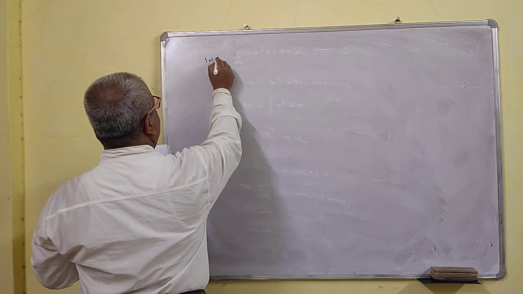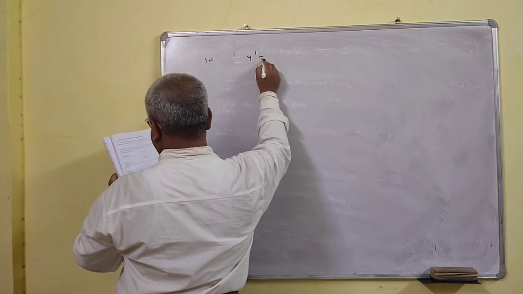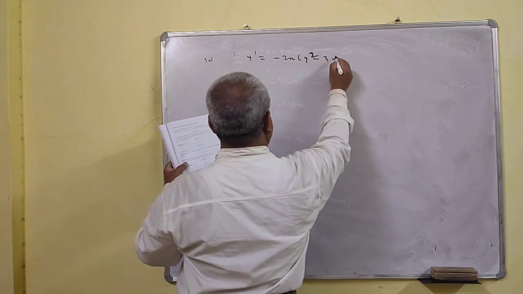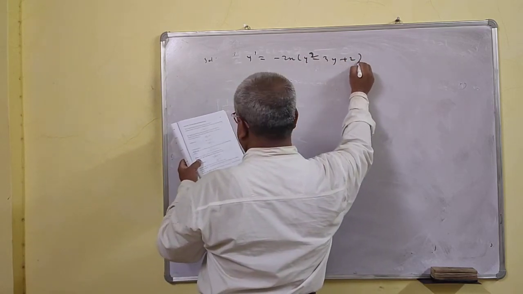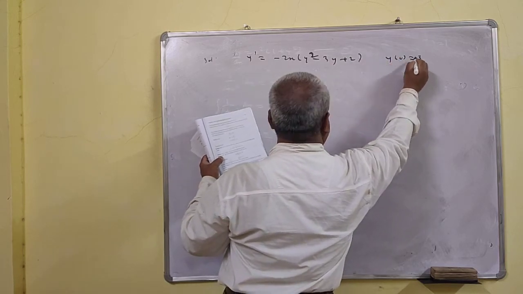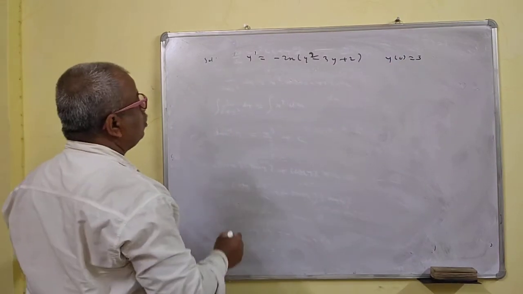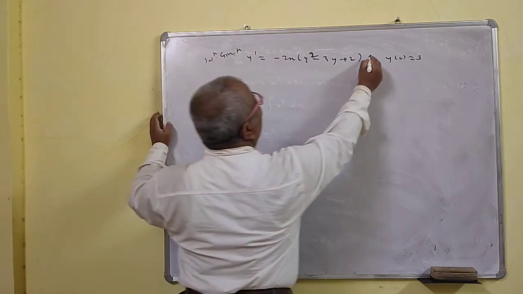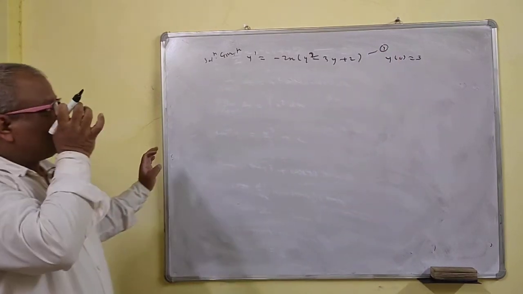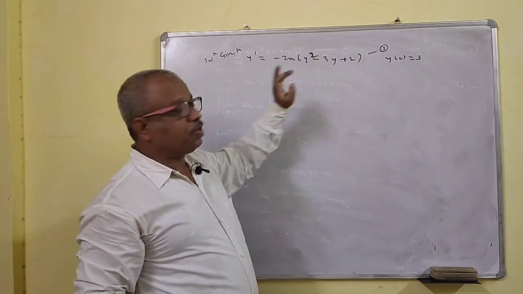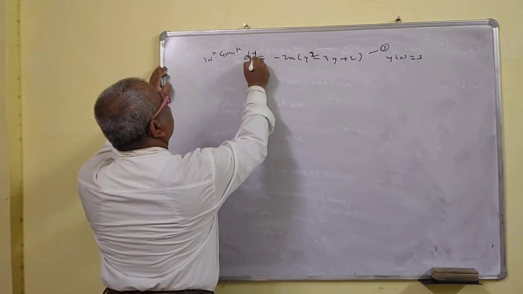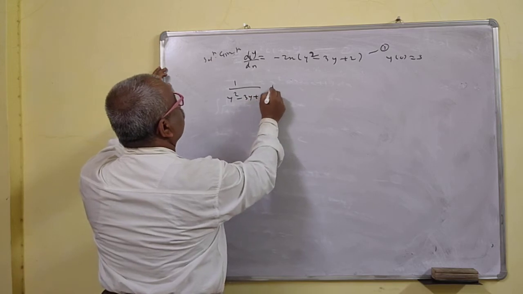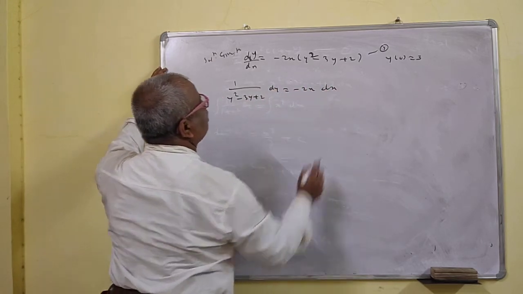Okay, solve y' is equal to minus twice x times y cube minus y square minus 3y plus 2, y of 0 is equal to 3. Okay, solution: given that, we call this 1 now, and y of 0 is equal to 3. Now see, this is a function of y. You may write dy by dx, so 1 upon y square minus 3y plus 2 dy is equal to minus twice x dx.